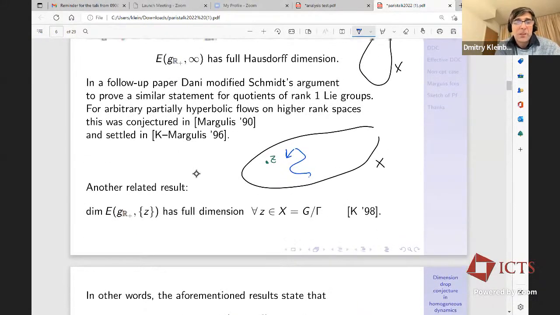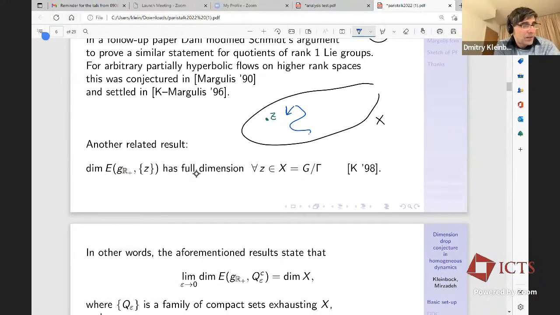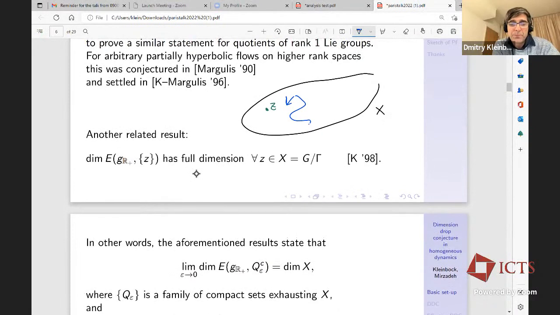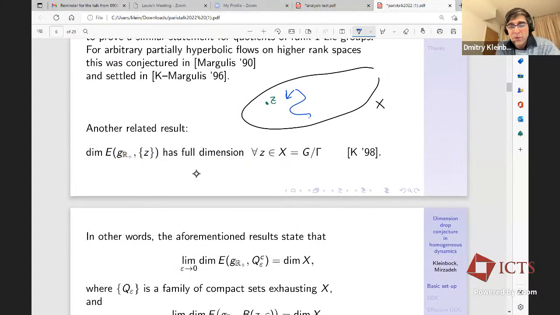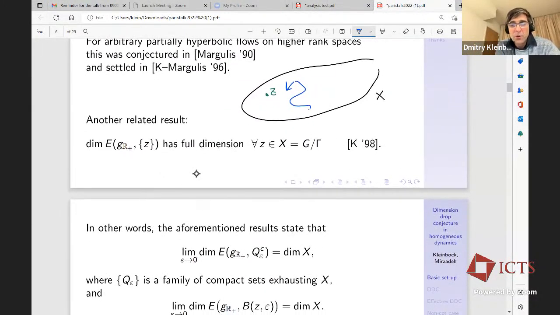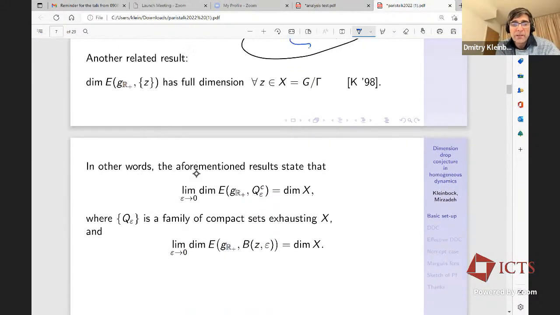It means, let me just restate these results. It means that if you look at some family of compact subsets exhausting this X, parameterized by epsilon, then the dimension of this set of points escaping the complement goes to full dimension as epsilon goes to 0. And likewise,